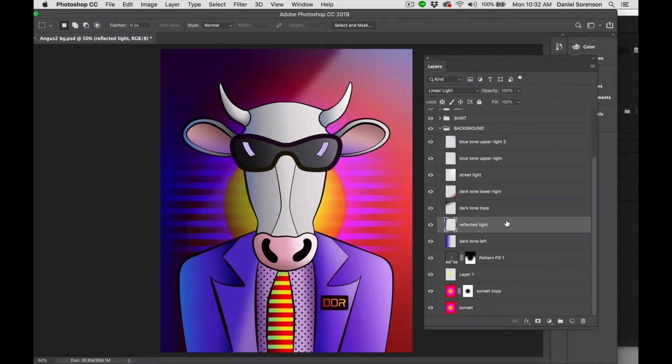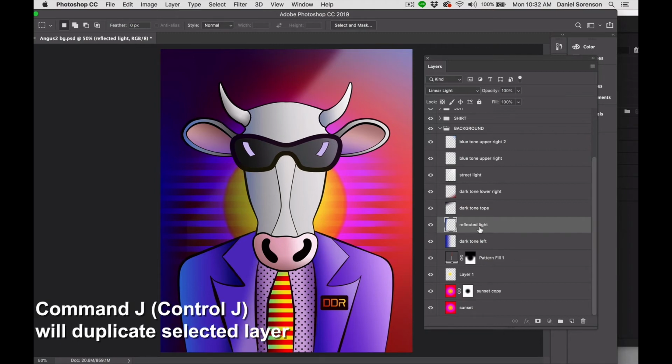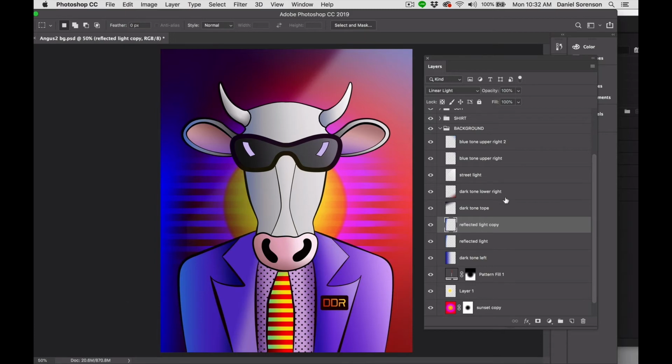Okay, there's one more thing I'd like to do. I think I would like the reflected light to be a little bit more intense. So I'm going to select the reflected light layer and duplicate. You could do Command J. And it's a little bit too intense right now, so I'm going to lower the opacity just a little bit. And I can play with that a little bit more once I get all of the rest of the rendering